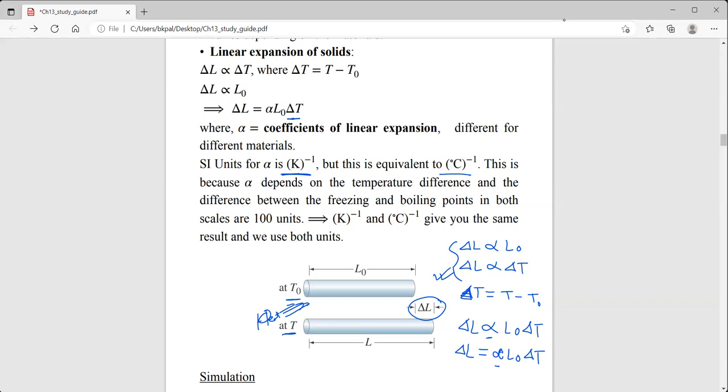Okay, you already see in the last slide that the temperature difference between the boiling and the freezing point in Kelvin is 100, and in degrees Celsius it's also 100, right? So because of this, the value of alpha in the Kelvin scale and the Celsius scale is the same. Okay, so in many textbooks you see that